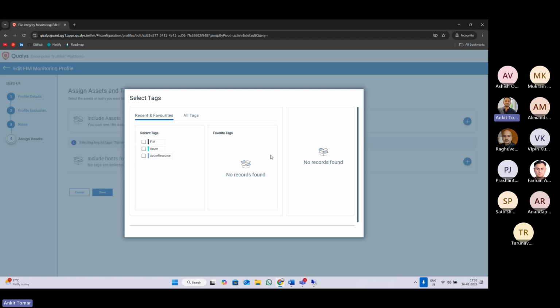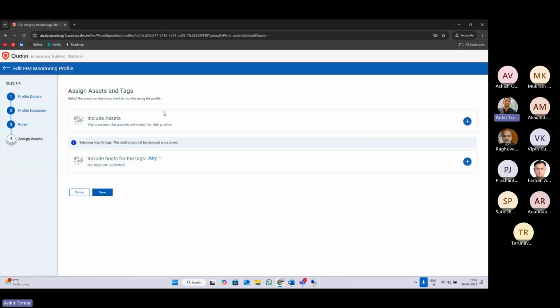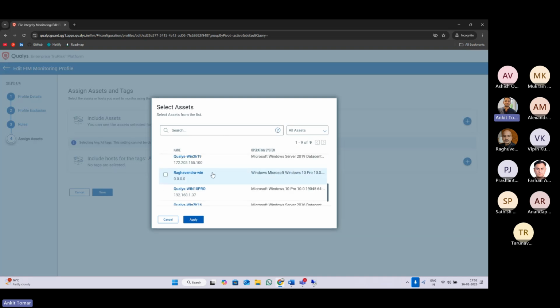But as we all are using the same environments, so let's go by using the assets name. So for that, you need to click on include assets. Now all the assets which have cloud agent installed using our installation key, you will find here. So for example, the path which I have given is for Win 2K19, right? So I'm choosing that one